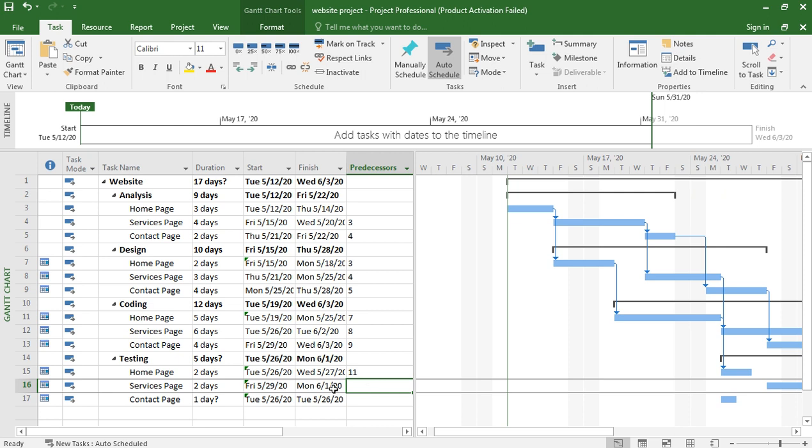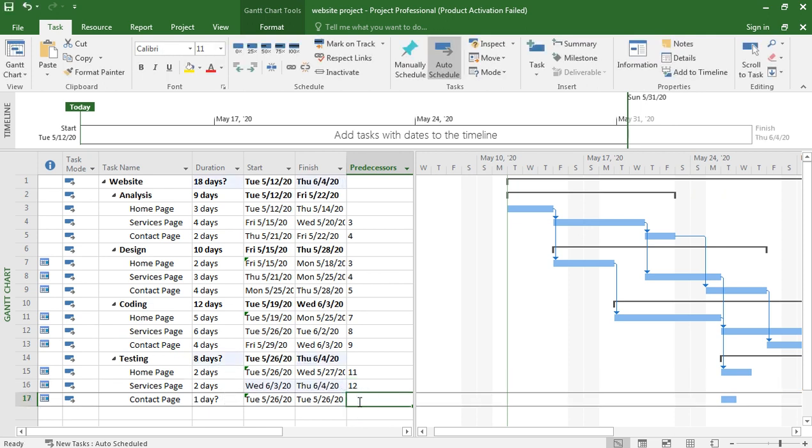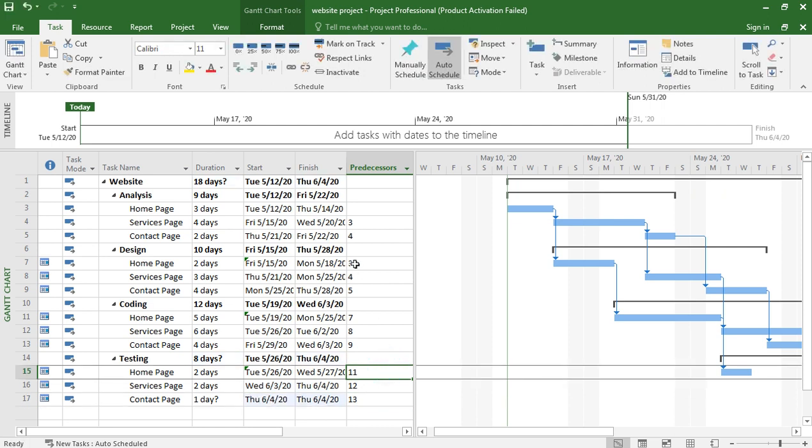When the contact page, this is 9, right? Now testing, we test the project after coding, so coding home page means 11, so it is 11. Now for the services page it is 12, and for this is 13. Okay, so these are the predecessors.